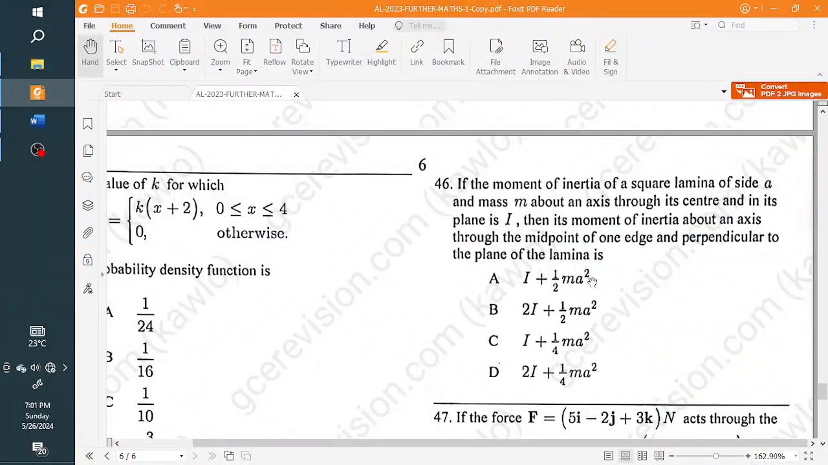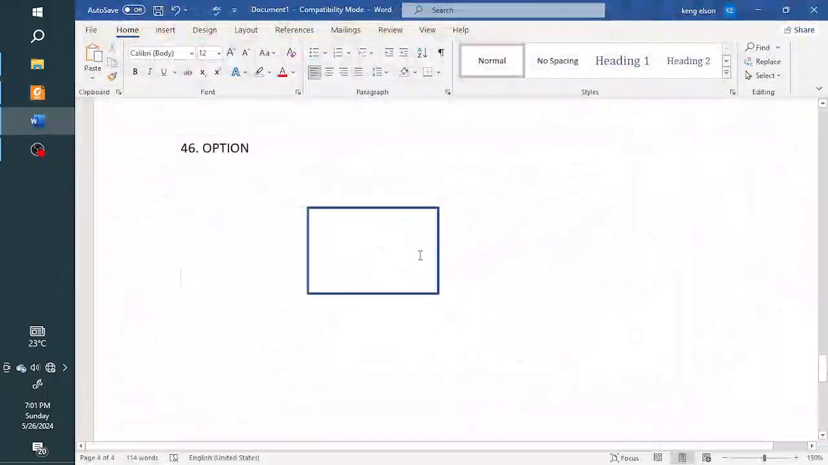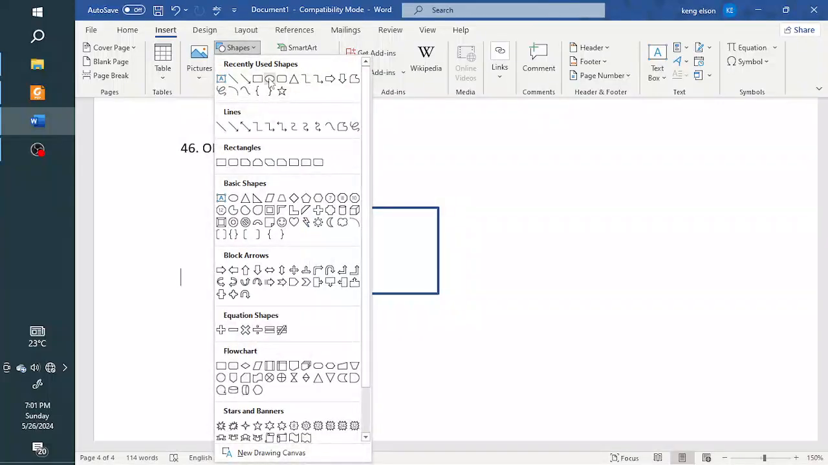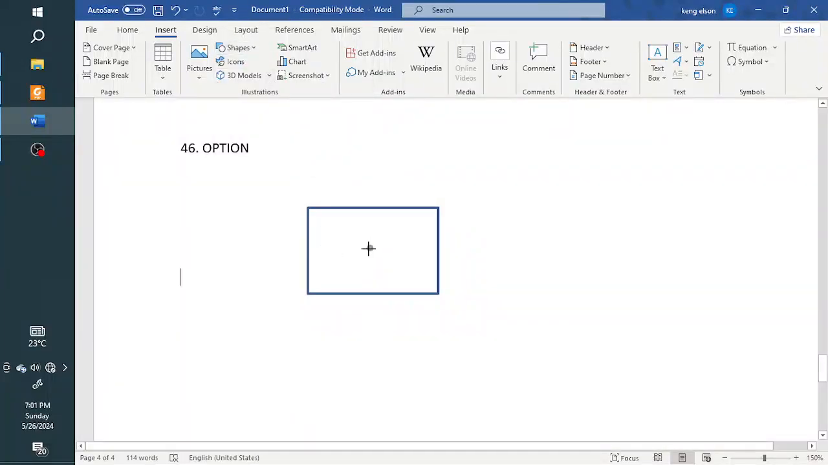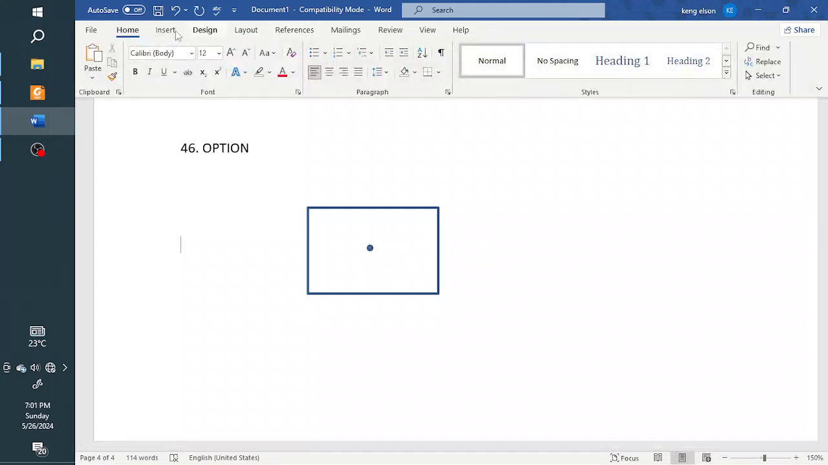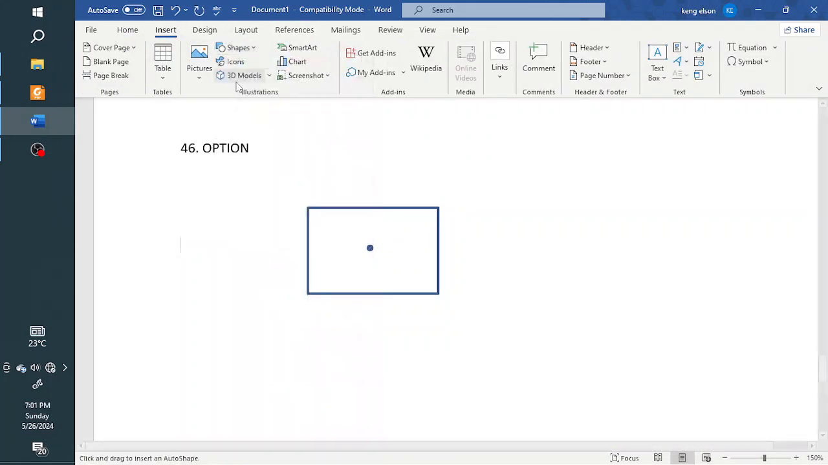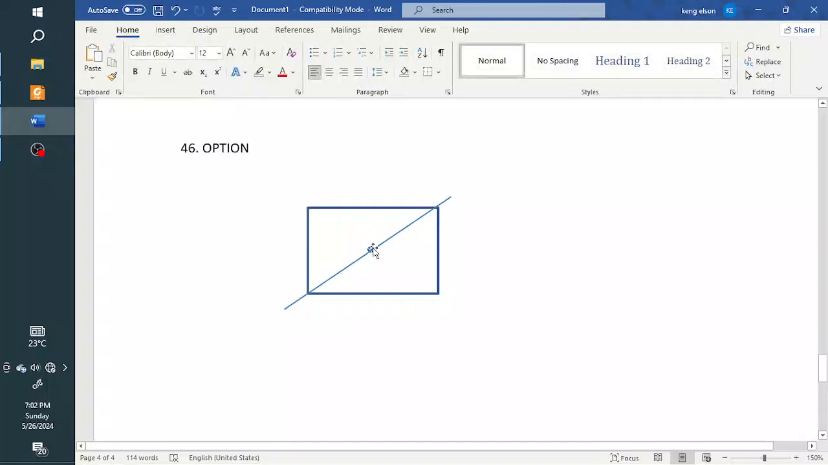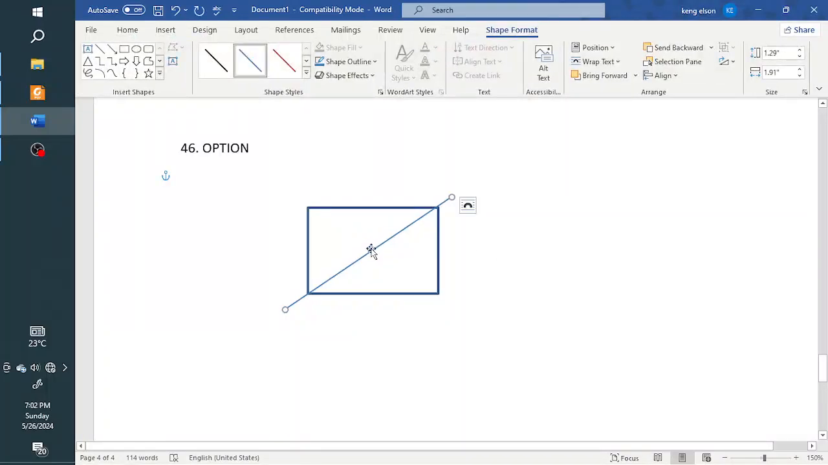So the main axis of the lamina is passing through the center and in its plane. So if this is the center of the lamina, for example, then the axis is passing through the center. So it's kind of like this, because it's supposed to be in its plane. So the moment of inertia about this given axis here is I. Alright. Now according to the question,